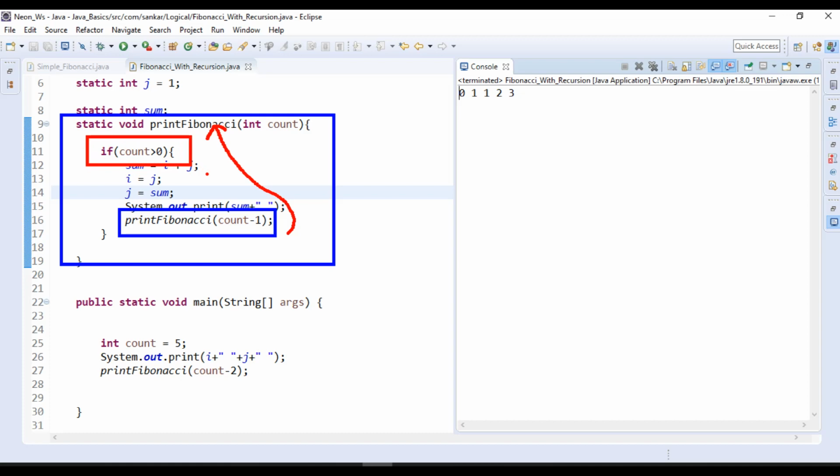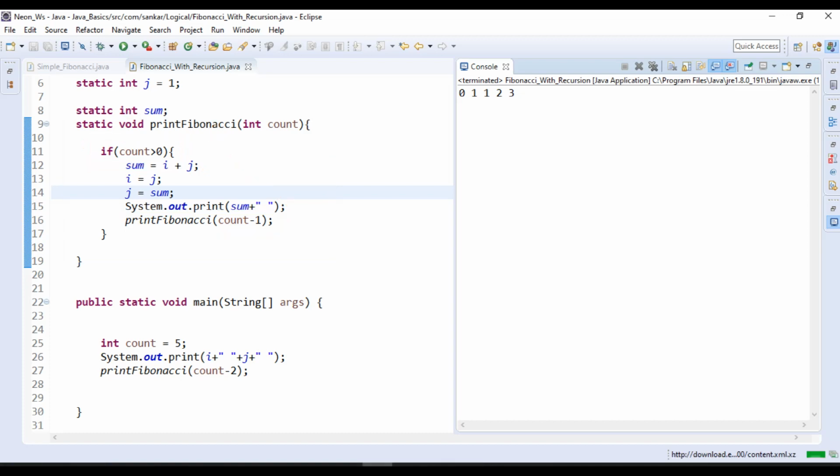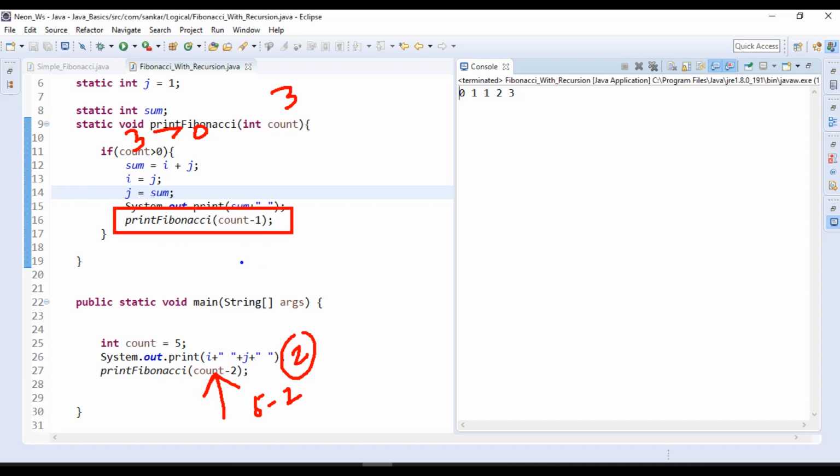Okay, so the point you need to remember is, observe carefully, here we already printed two numbers, then while calling that method you need to reduce 2. For example, 5 minus 2 you need to give here, then the count will become 3, and then it will check the condition 3 greater than or equal to 0. You must follow this concept, right? You need to decrease the count every time. Whenever our if condition is not satisfied, our method will be terminated here itself. Okay, up to now it is clear, right?